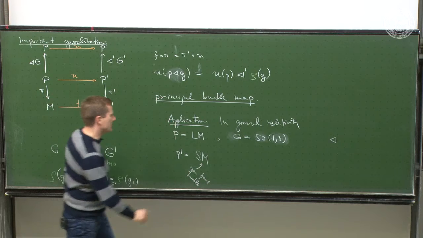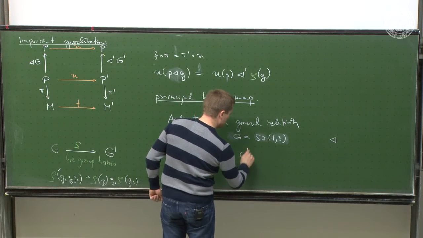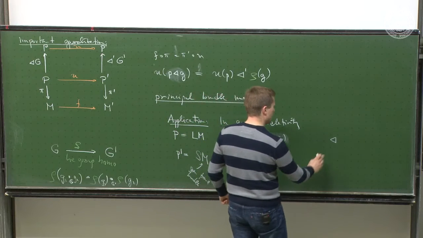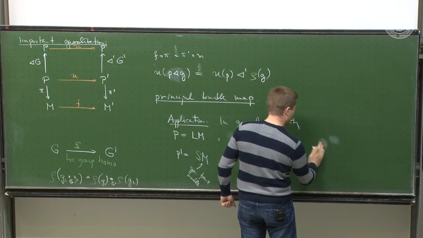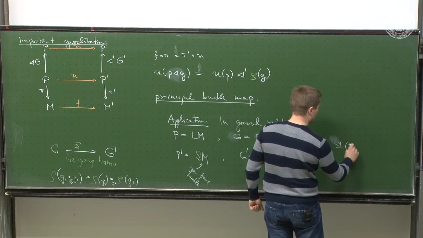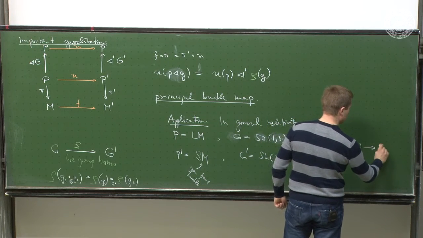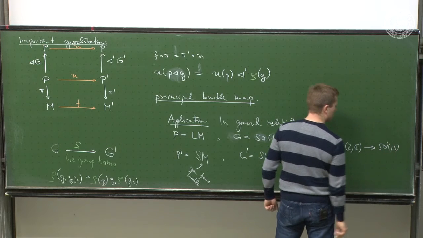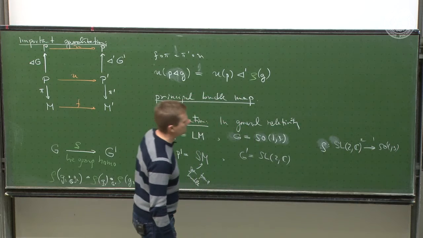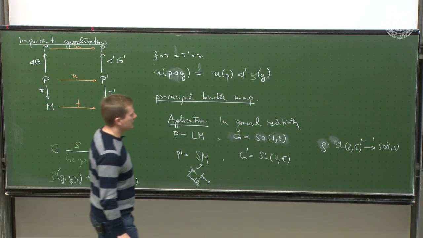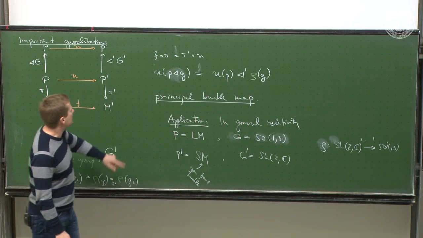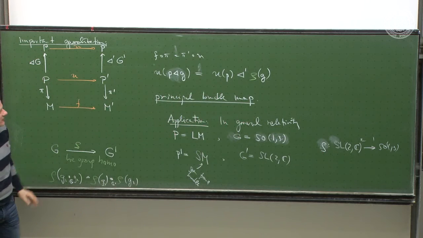Right? And there you let the group G prime act, which is SL2C. And indeed, there is a rho map that takes you from SL2C over to SO13, right? And it's a 2-to-1 map. Okay. And we'll come back to this. I just mentioned it at this point, and then you have a principal bundle map between them, and then you